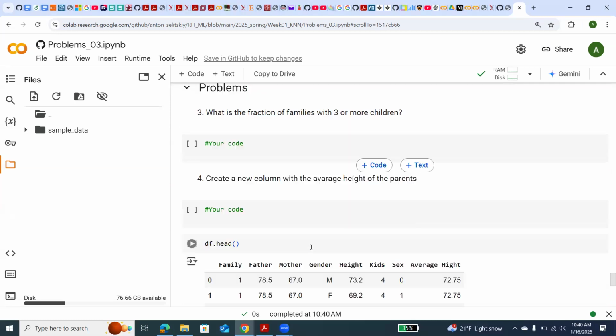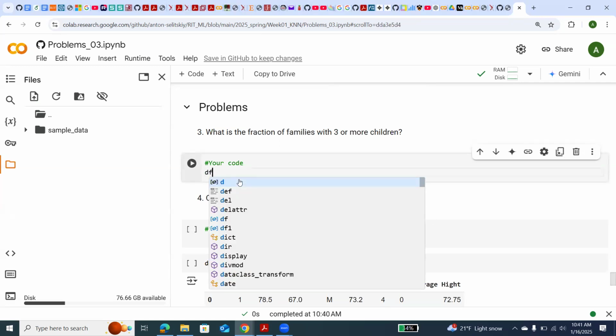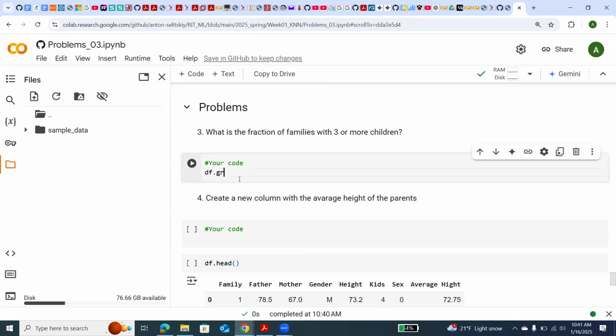Okay, the first problem. What is the fraction? Okay, we have just 5 minutes left, but I think it's fine. We have just 2 lines. What is the fraction of families with 3 or more children? So we can group by which field? df group by,